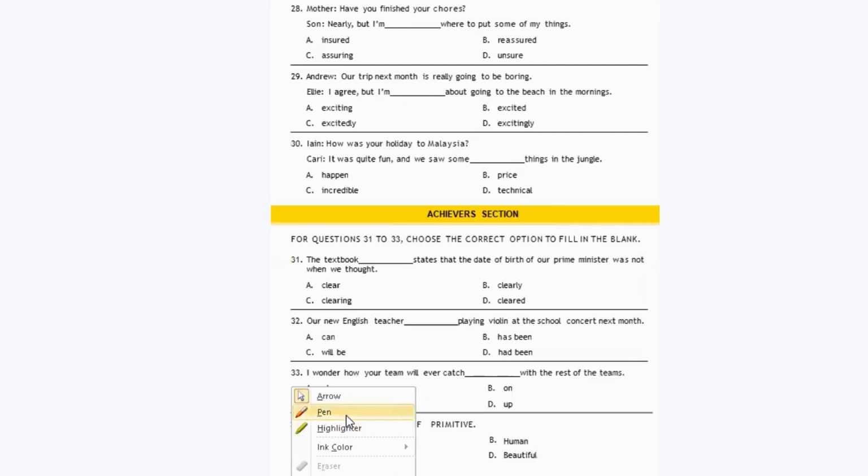Now, the next question is, Mother, have you finished your course? Son, nearly, but I'm dash where to put some of my things. So he's not sure about putting some of his things. So it should be option D. Nearly, but I'm unsure where to put some of my things. Okay. So next you have